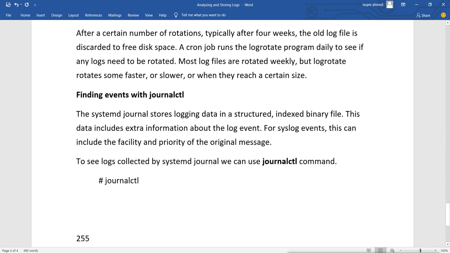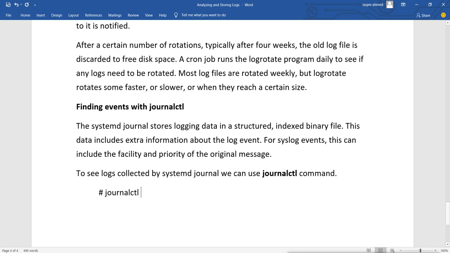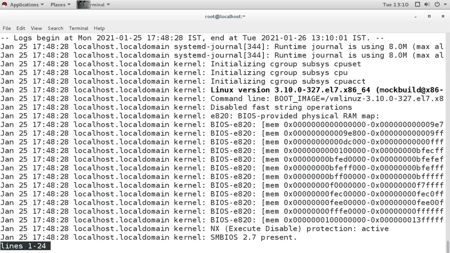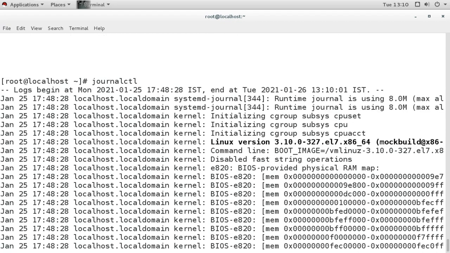Let's see that. So when we give this command, it will show you the journalctl messages, and these are all the log messages. It is in detail, and it is starting from here. You can see the log begins at Monday 25 January and ends on this day and date.